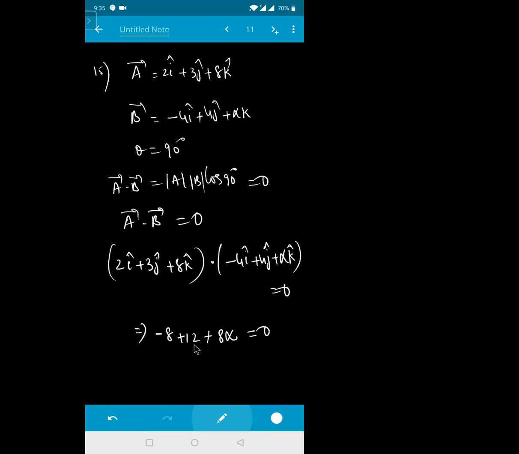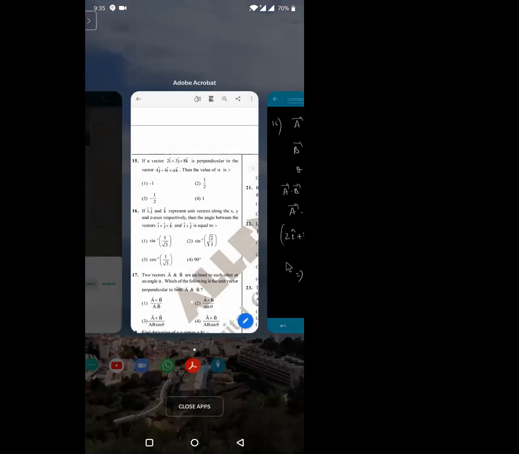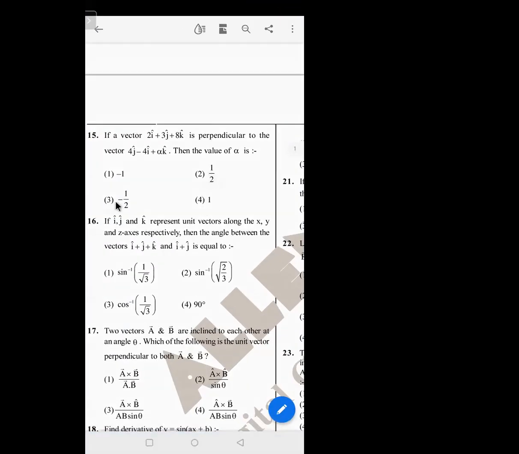So it is minus 8 and plus 12. So I can write this as 8 alpha will be equal to 12 minus 8, that will become 4, that is nothing but minus 4. So alpha will become how much? Minus 1 by 2. Alpha will be equal to minus 1 by 2. I hope everyone got it. Isn't it? 8 alpha is equal to minus 4 because it is a negative term. So alpha is equal to minus 1 by 2. That means theta must be equal to 120. So what options has he given? Okay, minus. That means the third option must be the answer for the given question. Clear for everyone?